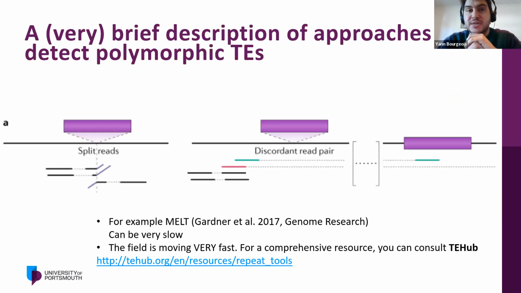So before we start, I also just want to give a very brief description of the way we detect transposable elements in genomes. For the rest of the talk, I'm going to talk about transposable elements that are polymorphic in populations. So we are going to look at all the sites in the genome that carry a transposable element, and we are going to examine those TEs that are found in one genome but not the other, for example. So the way we detect them,